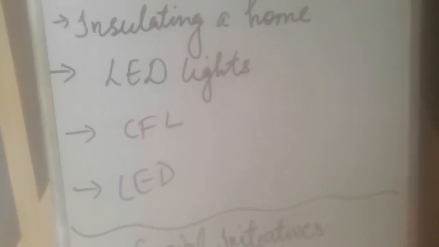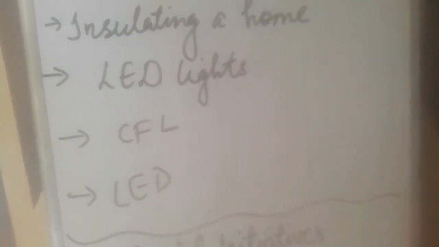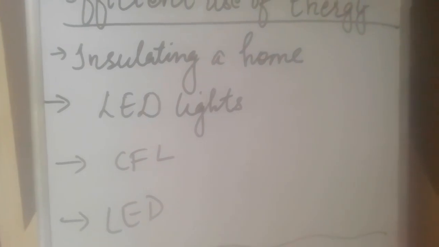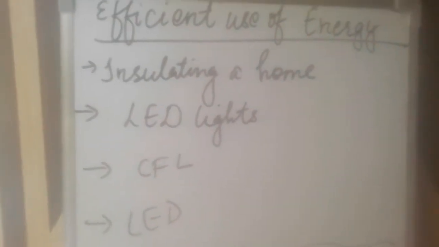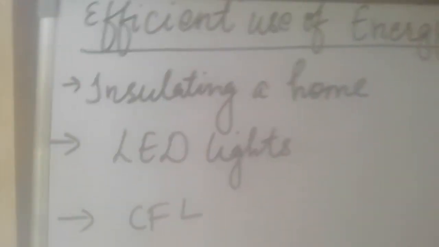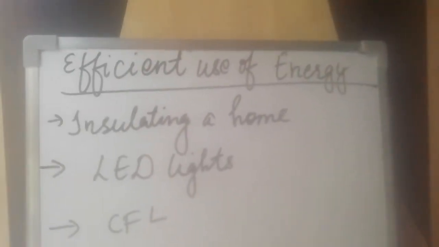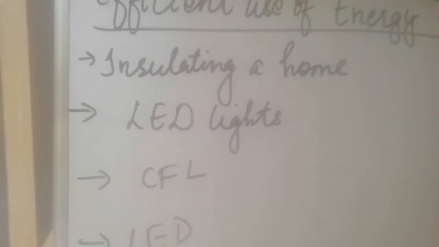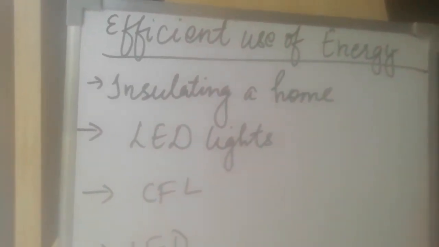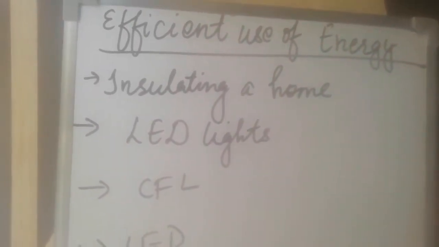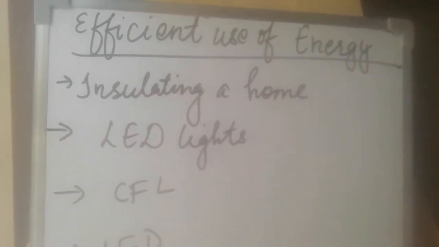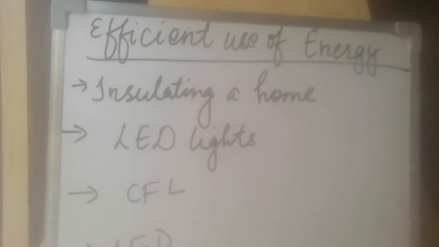Now, seventh point by which we can use energy efficiently, that is the use of advanced boilers and furnaces in industries. Industries are consuming a lot of electrical energy, children. So when they use advanced boilers and advanced furnaces, it can save a sufficient amount of energy in attaining the high temperature by burning less fuel. Use of such technologies is more efficient and less polluting in nature. So there are many ways.